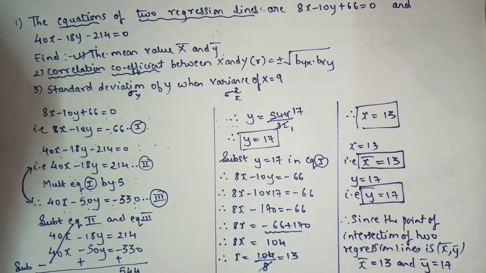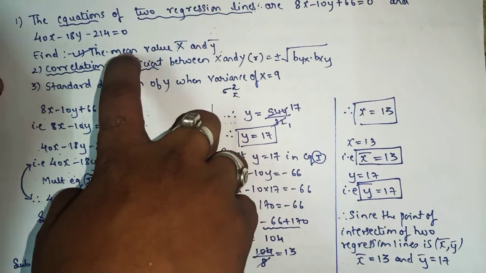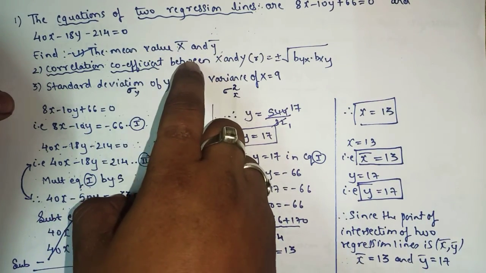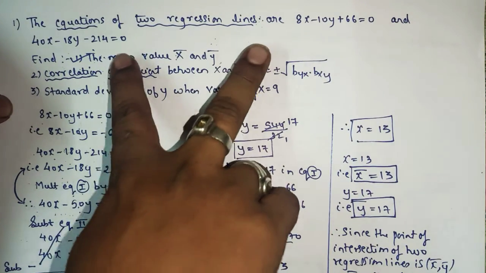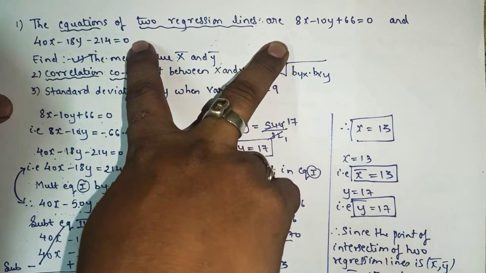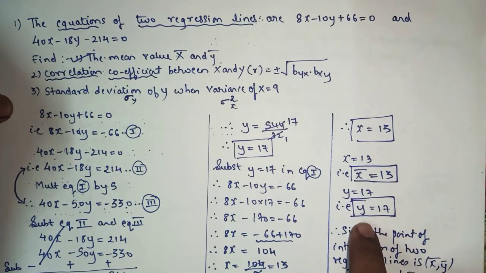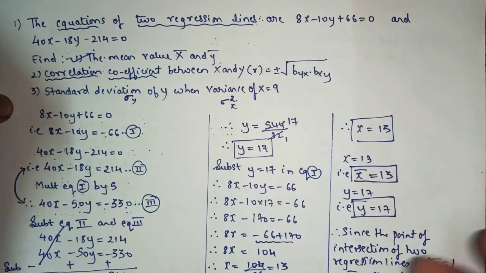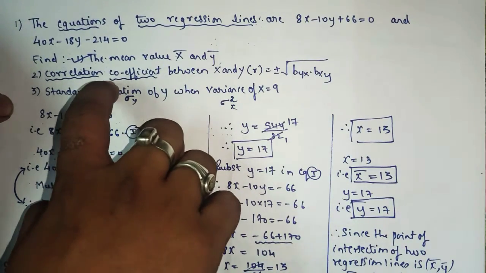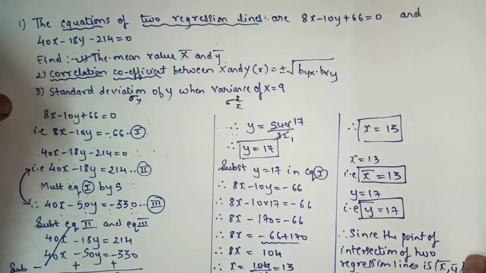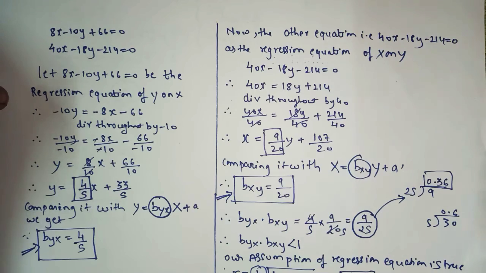As in the last lecture we saw how to find the mean of x and y. Simply what you have to do, you have to solve these two equations simultaneously to get the answer of x and y. Indirectly, that x and y is what? It is x mean and y mean. To find the correlation coefficient,